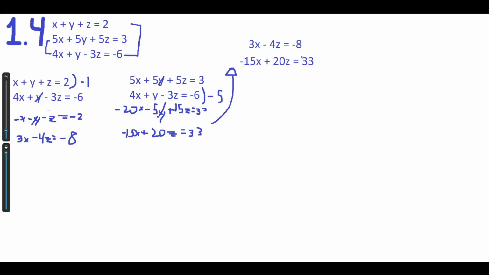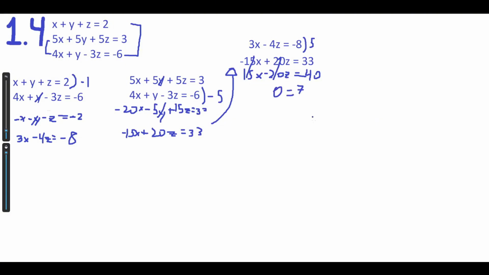Alright, so it doesn't really matter what we solve for, because either way, no matter how we multiply this, both of these are going to cancel out. But let's just multiply by 5, because that'll make it easy. So then, multiplying all this by 5, we get 15x minus 20z equals 40. And then adding down, these cancel, so we get 0 equals